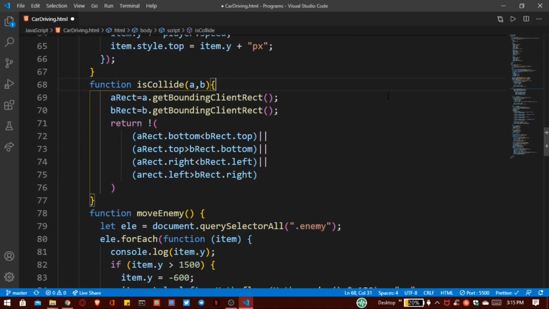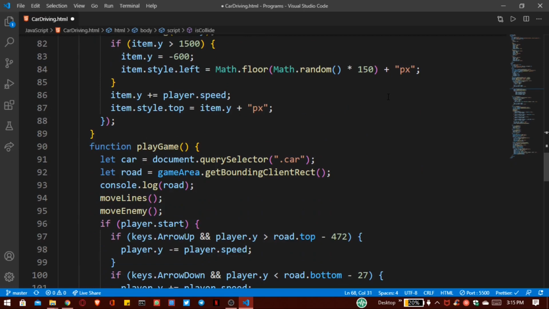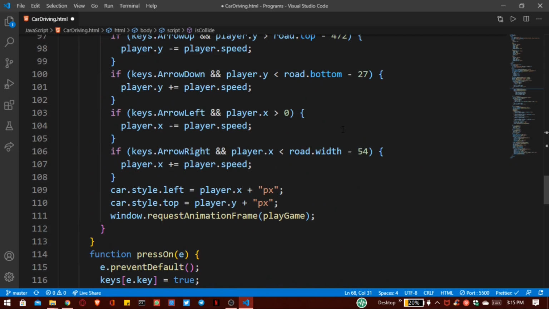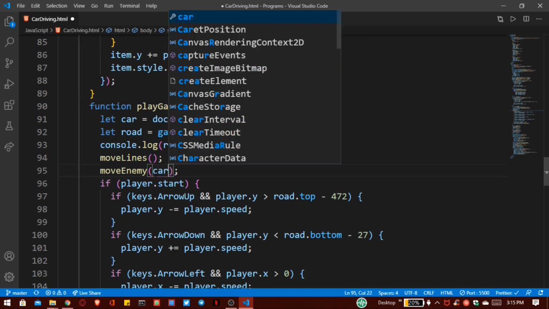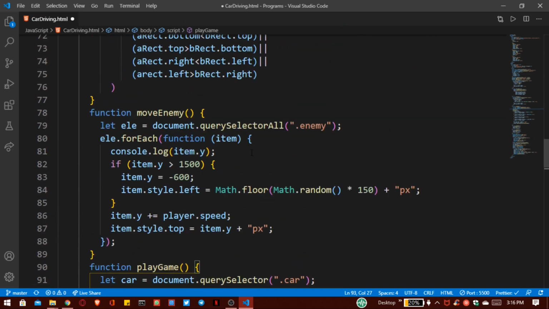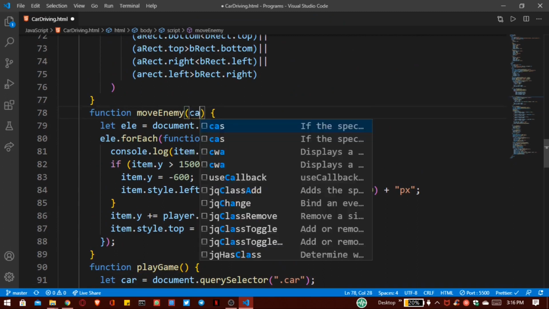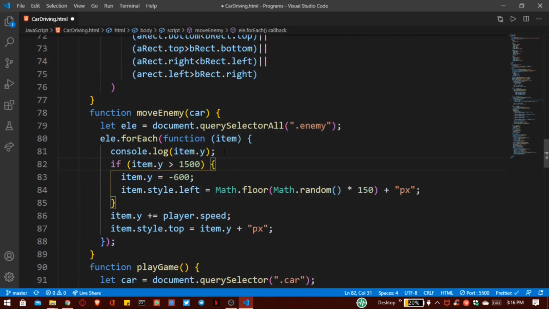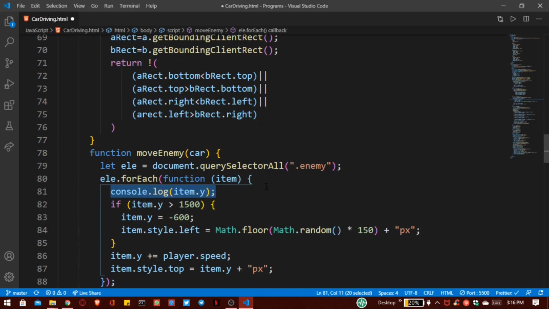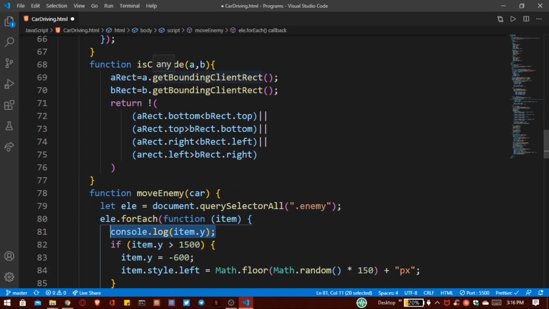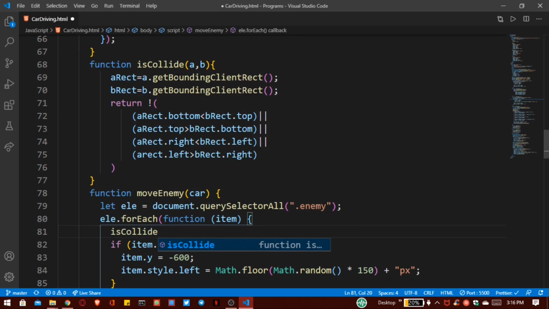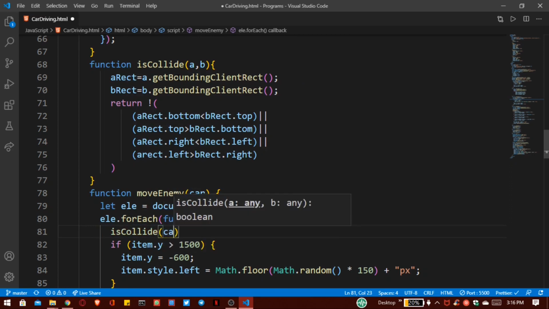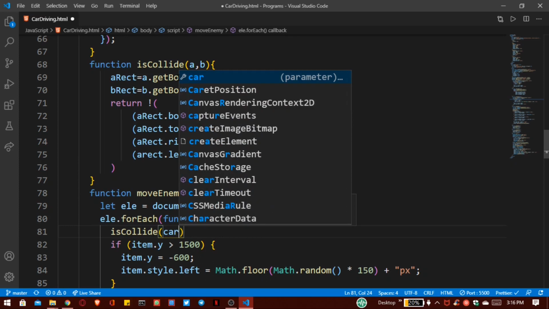Now to check this collide function, we have to pass car inside this move enemy function that we generated here. So assign the car here, and now inside of this element forEach loop, instead of this console log, here we have to call back this function. So isCollide, and inside our first parameter we have to pass our moving car, and second parameter we have to pass our random generated car.